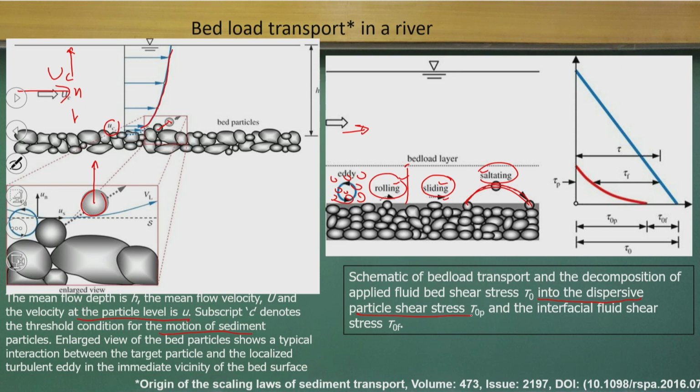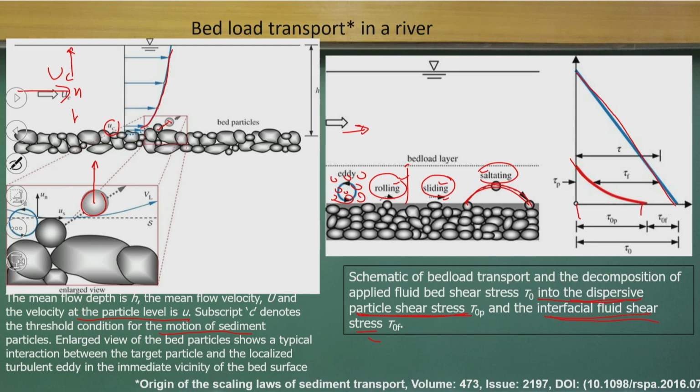That is what is acting because of the turbulent structures, as the particles are moving near the boundaries. We will have the dispersive particle shear stress, and also the interfacial fluid shear stress. Try to understand it. The interfacial fluid shear stress we generally need to have, but here the shear stress has two components: the dispersive particle shear stress and the interfacial fluid shear stress, and how do they vary along the